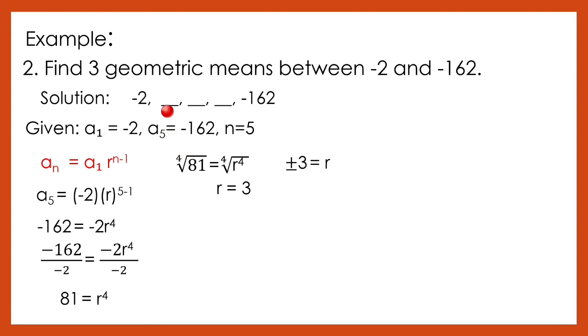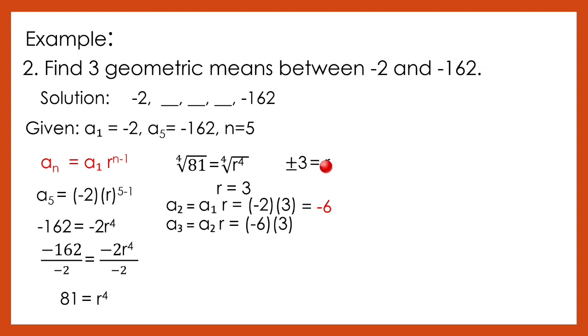To get the second term, a sub 1 times the common ratio. So, a sub 2 equals a sub 1 times r. Our a sub 1 is -2 times 3. -2 times 3 is -6. And then, to get a sub 3, that is equal to a sub 2 times our common ratio of positive 3. -6 times 3 is -18. To get a sub 4, we multiply a sub 3 by r. -18 times 3 is equal to